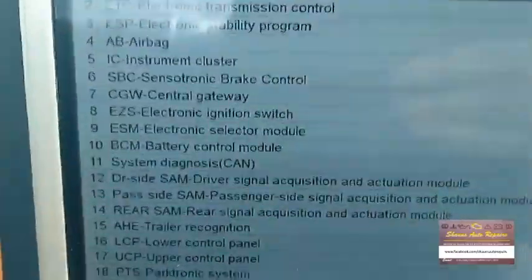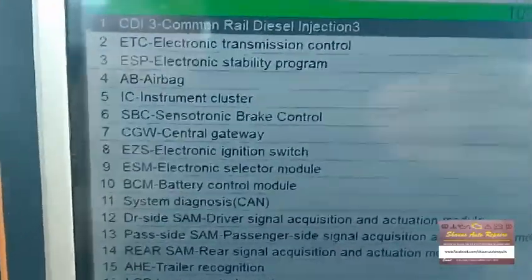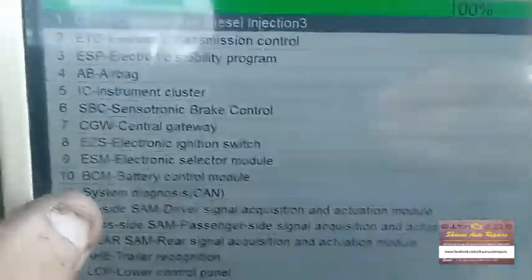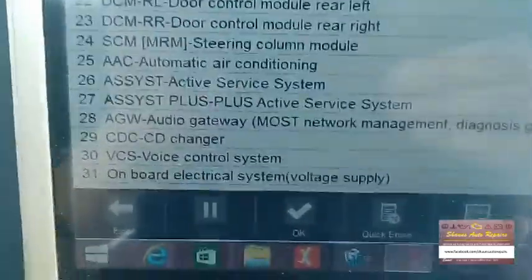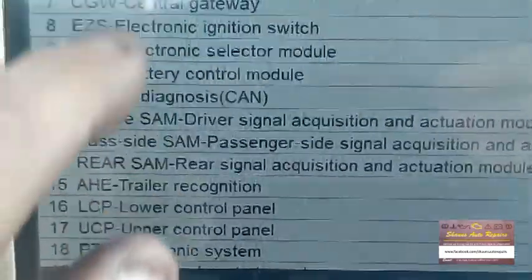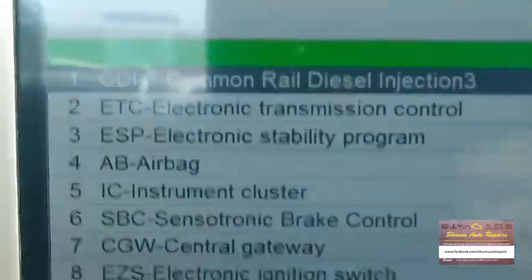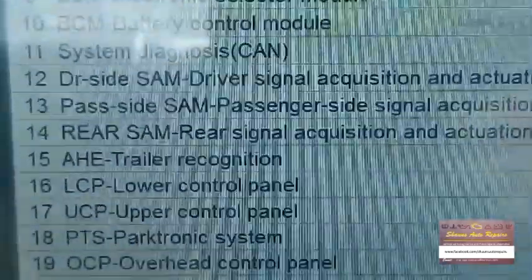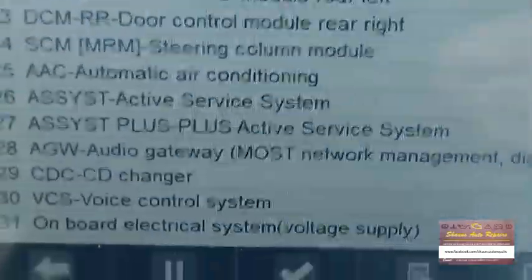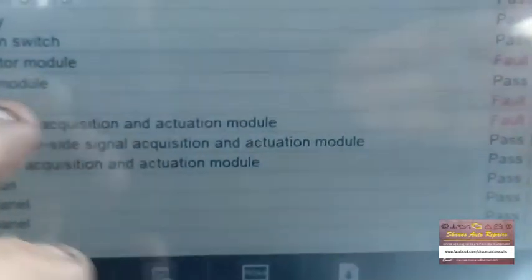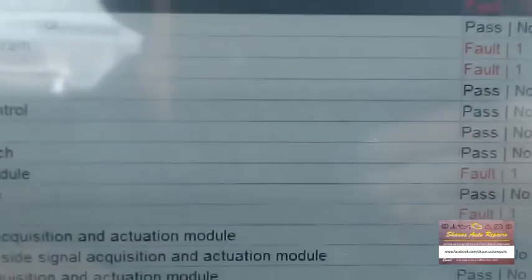Right, I don't think I've ever had a car with so many modules in it. This one's got 31 modules, so I'll give you a quick look at all of those, and you can stop and pause if you want to look at any one of them in particular. So the ones we're interested in are the ABS ones mainly, but we've got